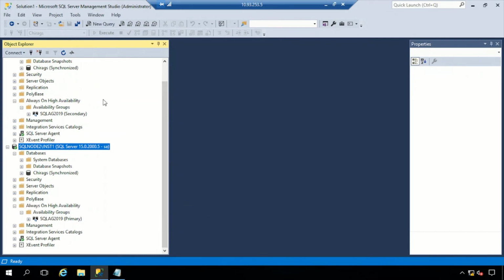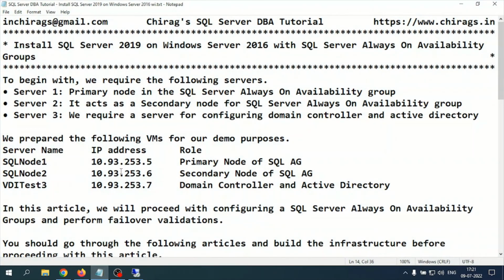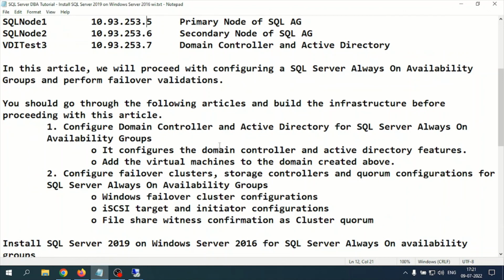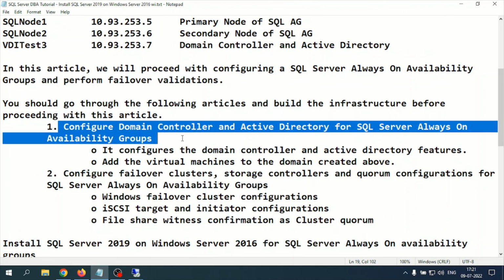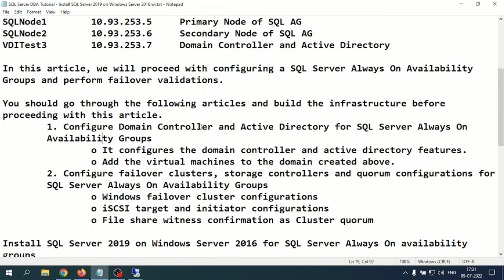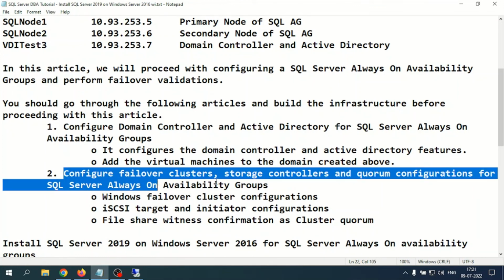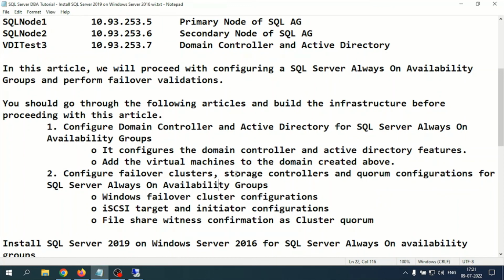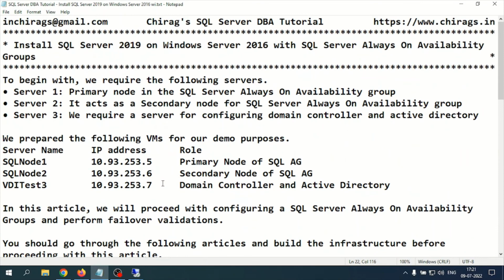So in this series, this is the third video of that. In the first video we did the configuration of the domain controller and Active Directory for the SQL Server Always On availability groups. In the second, we did the configuration of the failover cluster, storage controller, and quorum configuration for the SQL Server Always On availability group, and in the third one we did the installation of SQL Server 2019 and SQL Server 2016 and the SQL Server Always On